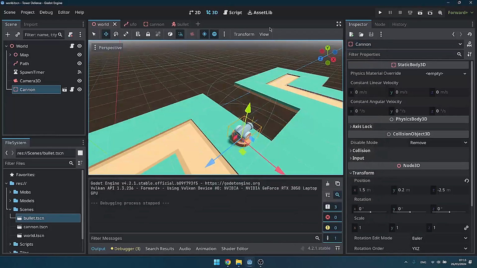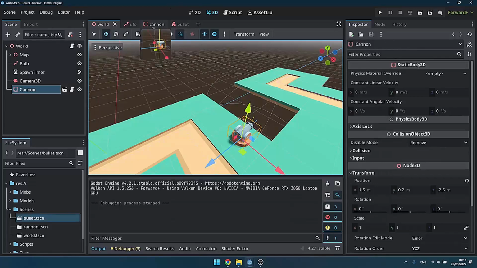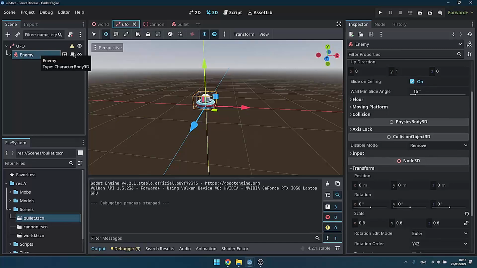Oh, is it shooting, but it's way too fast? Oh, it is shooting, but we can't see it because we have bad lighting in the scene. And I think we should fix that as soon as possible. But for now, our cannons do actually shoot, and let's just check real quick that we're actually damaging these enemies